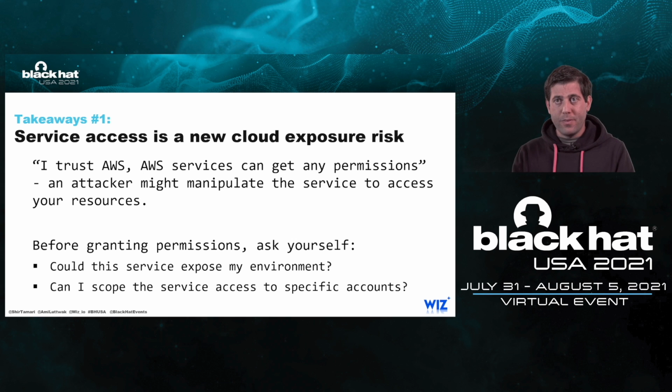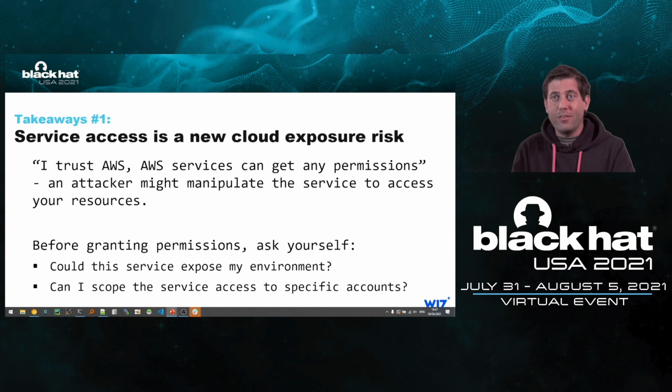What permissions are we giving the service? Why? Can we scope it? Did we scope it? Did we give any service access that wasn't supposed to be given? Now, this is great as a high-level recommendation, but the reality is this is really hard because each service has a different way to scope. As we saw, Cloudtrail is using a path, and a serverless repo has a condition. And some services don't even support those conditions yet.